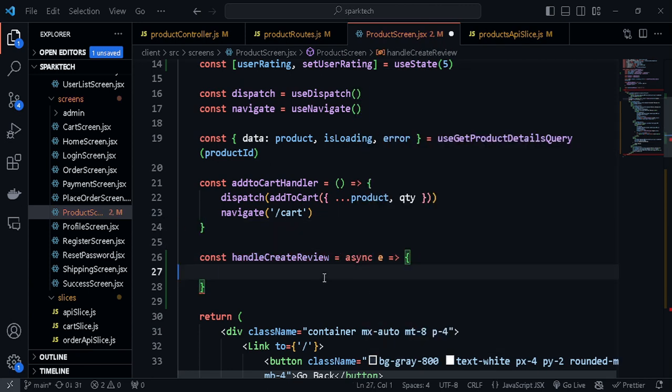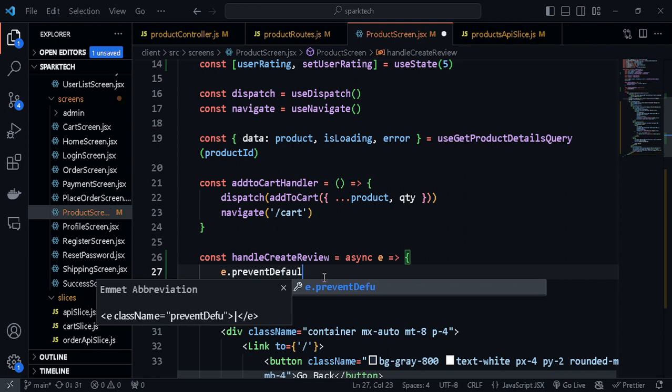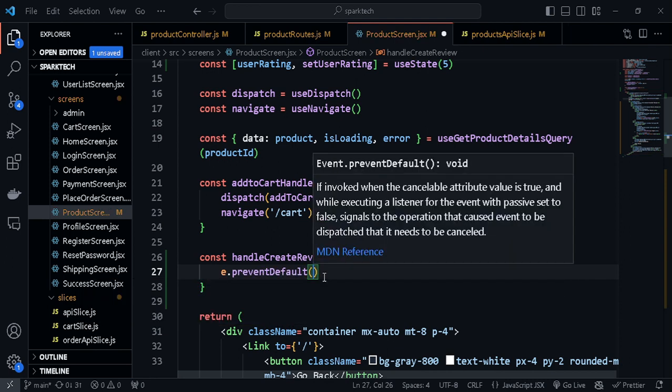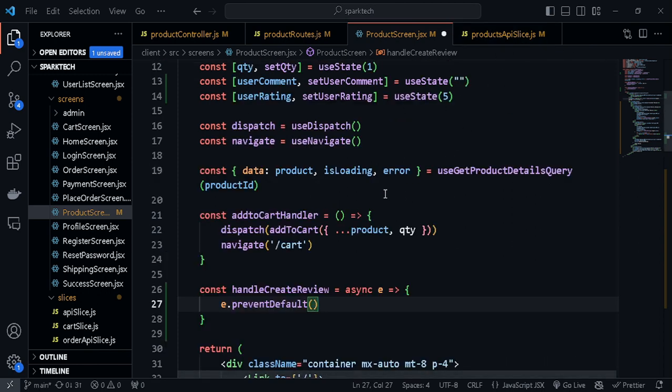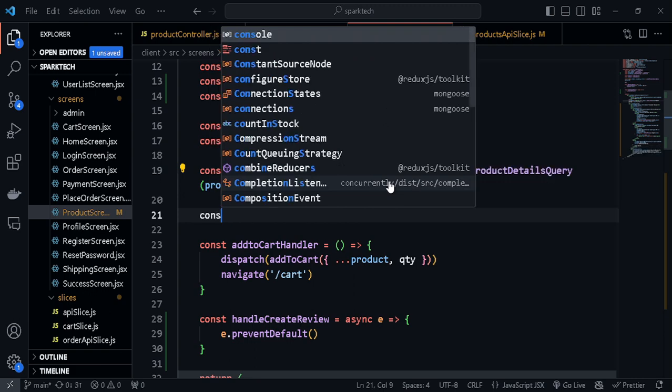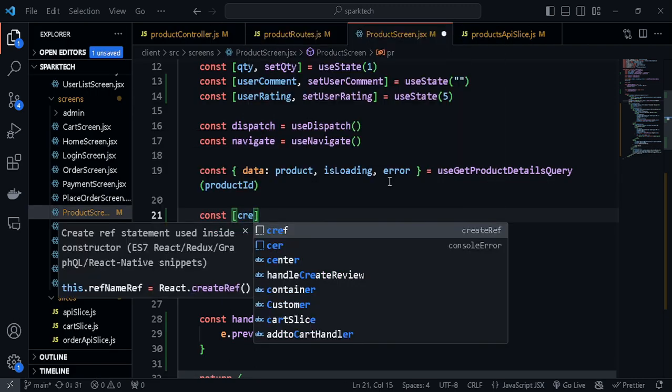Okay, so let's prevent the default behavior. So e.preventDefault(). All right, so now let's import the create review function that we created. I'm going right below this. So what is that, create review,